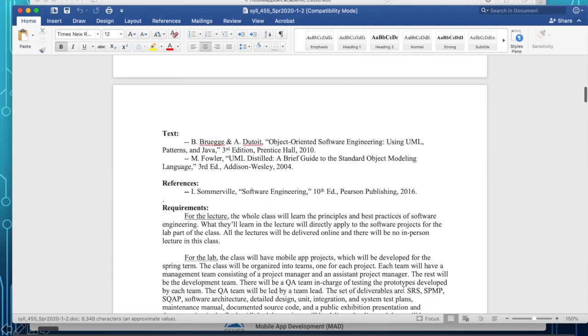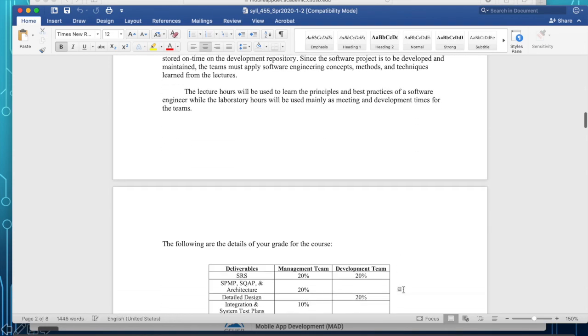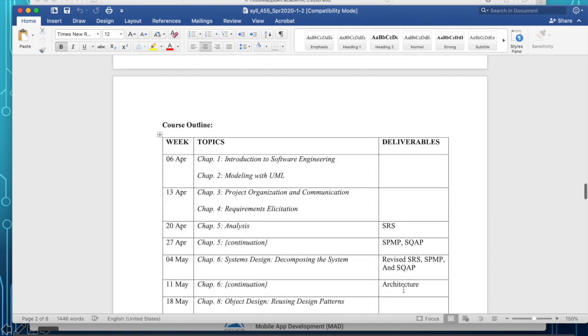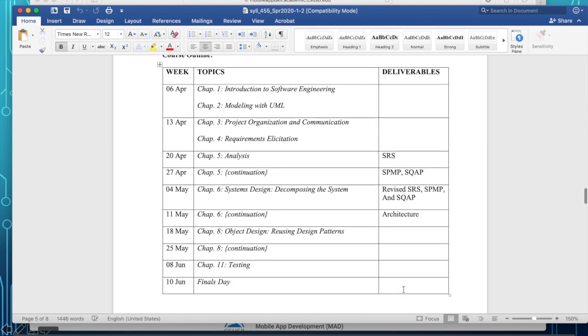We are at the second week of our class, and for this week we're talking about project organization and communication, which we have done already, but we have to define the different activities we're going to do in our project organization.